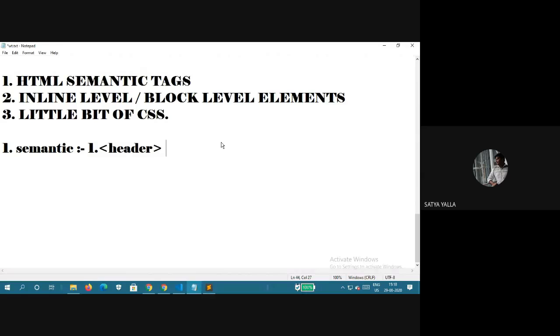So what is a header? To my knowledge, header is a set of navigation.